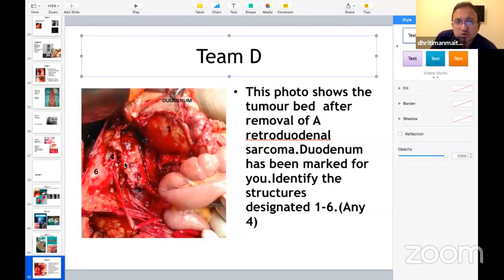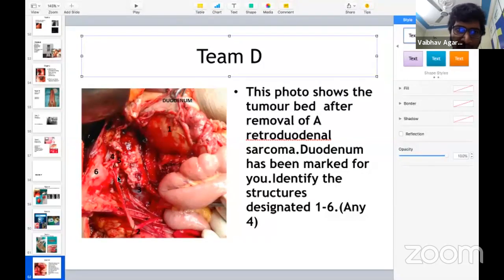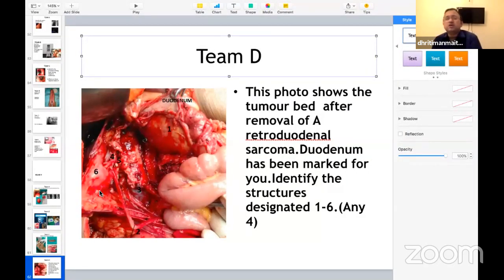Yes. 2, 3. So you got 2 correct. 4, 5, 6. Sir, 6 is for the renal, some renal vein, or renal artery. Okay. 4 and 5 are those. Yes, sir. We have got 2, 3, 4, and 5 correct. 6 is kidney, 1 is pancreas, but you are asked to answer any 4 and you have answered that correctly. So we move on to